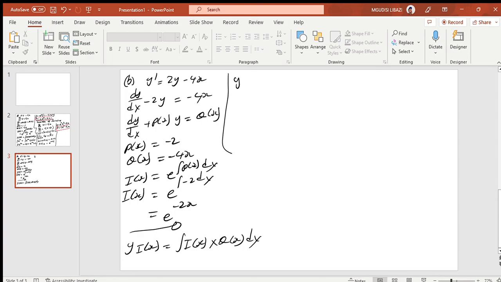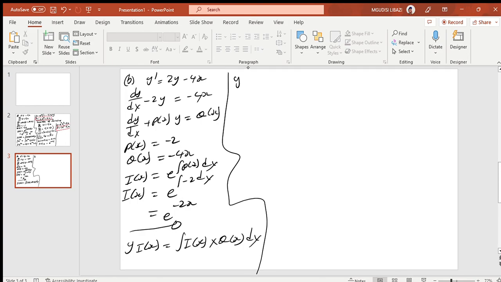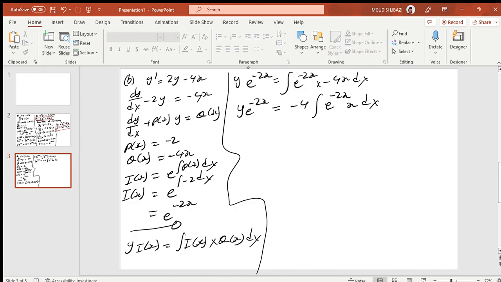So substituting into the equation now, we get y multiplied by I of x, e raised to -2x, which is going to be the integral of e raised to -2x multiplied by the q of x, which is -4x, multiplied by dx. So we can say y e raised to -2x is equal to -4 integral e raised to -2x multiplied by x multiplied by dx. So we can use integration by parts to say now y e raised to -2x is equal to -4